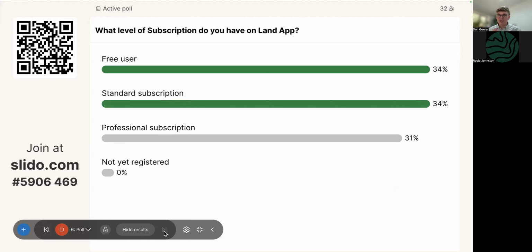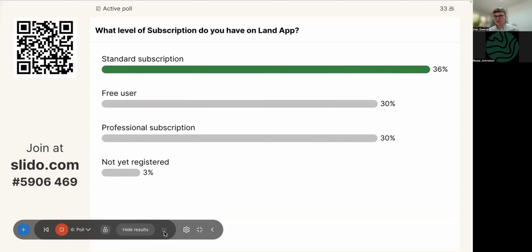And just to let you know, today's demo, I will be making it as clear as possible where there is a divide between the free tool and a subscription tool. I think take a moment in time to say the subscription is mainly being built to support with that extra level of functionality, extra level of data layers, but the free tool is there to ensure that no one is left behind. We are adamant and will maintain a free tier to do basic mapping, basic drawing tools, basic area, look at data layers and build a plan. But if you want to take your mapping to the next level, we've got some subscription tiers as well. And 3% of you are not yet registered.